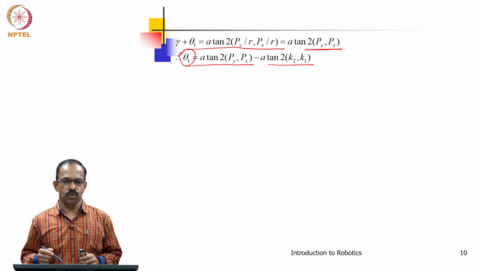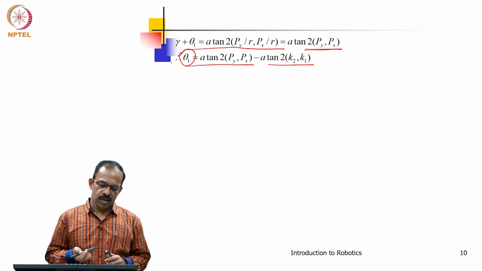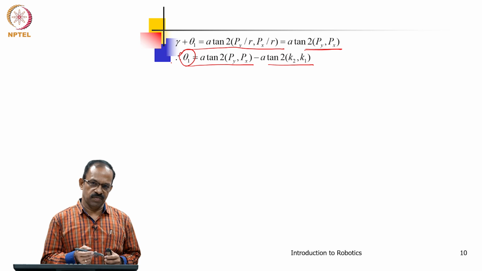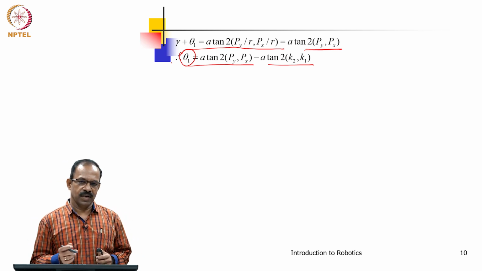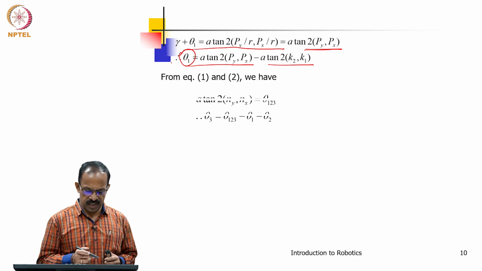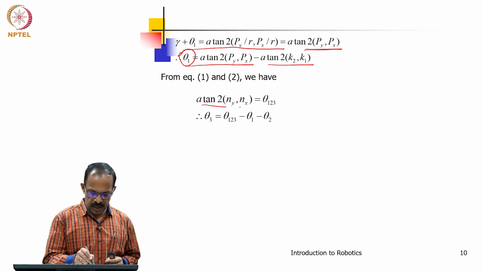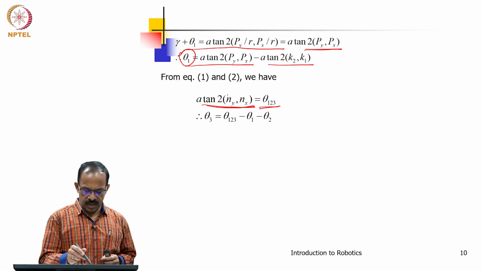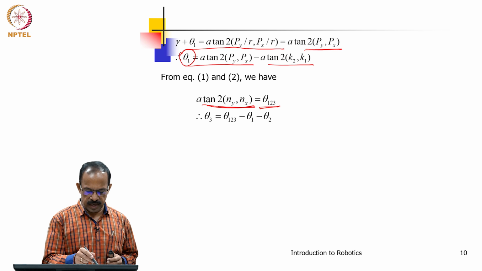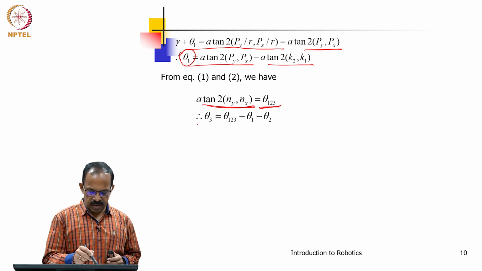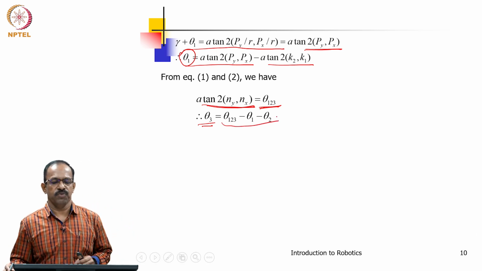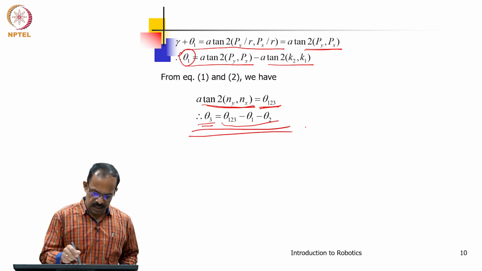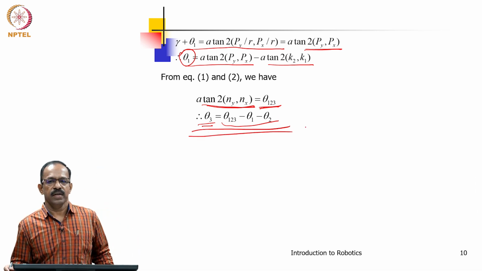So, now theta 1 and theta 2 are obtained. Now, we need to get theta 3. To get theta 3 we will find theta 1 plus 2 plus 3 and then find theta 3. Theta 1 plus 2 plus 3 can be obtained from this relationship. Ny and Nx can be used to get theta 123, because Ny is sin theta 123 and this is cos theta 123. So, A tan 2 of this will give you theta 123, and once you get theta 123 you will be able to get theta 3 as theta 123 minus theta 1 minus theta 2. So, this is the way you can solve for all the joint angles theta 1, theta 2 and theta 3.